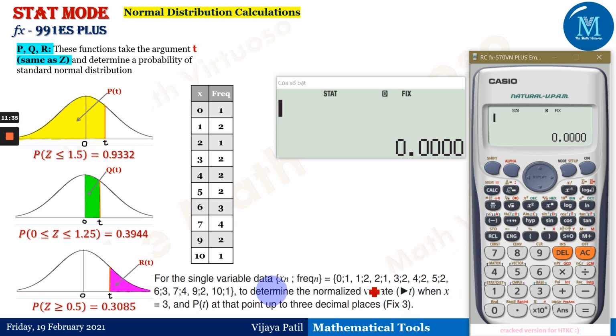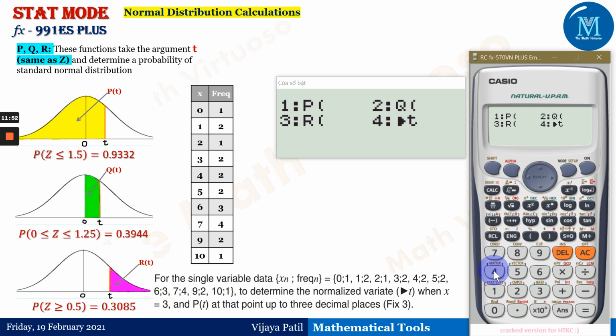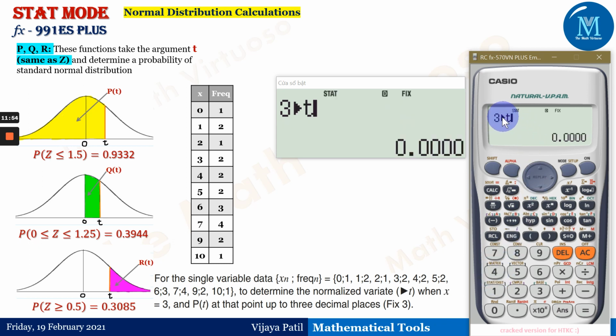Now I want this 3, so the entering is a little different. So 3, but what is this 3? I want this particular 3. I want the z value, so t value. So again the same thing, shift 1, then I need 5 distribution, and then here it is a 4. So if you observe here, this is 3t, right? Which equals to, will give me minus 0.7623, because I have fixed my calculator to 4 digits. Now this is the value of the corresponding z at x equals to 3.